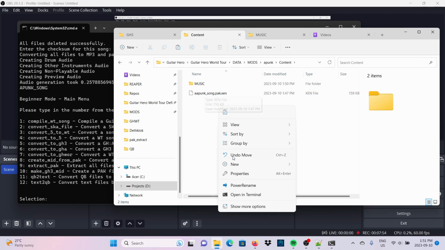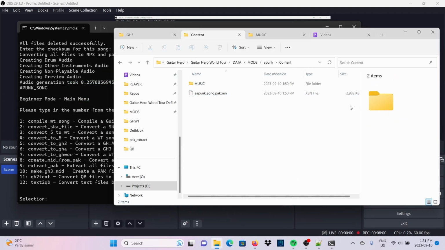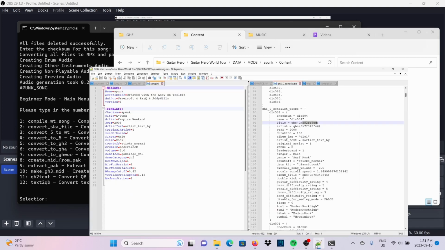So this doesn't have the actual notes. You'll notice it's only about 160 kilobytes. And you just want to copy it and replace it. So now it's almost 3 megabytes. And if we go into the game,